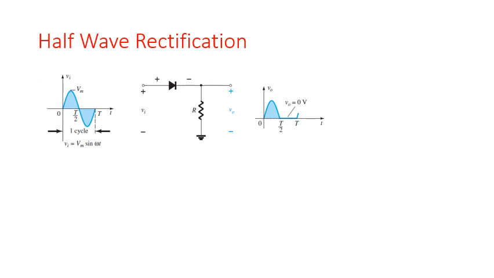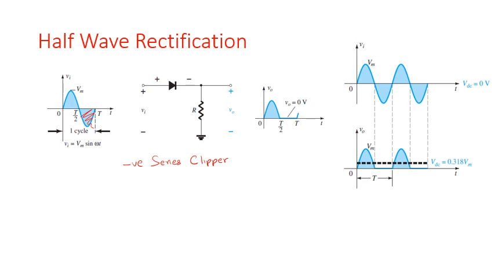The first type of rectifier that we are using is a half wave rectifier. Now if you look at this circuit, it is nothing but a negative series clipper. So if you want, you could go back to the clipper circuit session and look at that lecture. This is the first circuit diagram that we had drawn. It is a negative series clipper. So what it has done is it has removed all these negative waveforms, and this is the output that I get. Now, if this is the output that you get, you are going to lose all the negative waveforms.